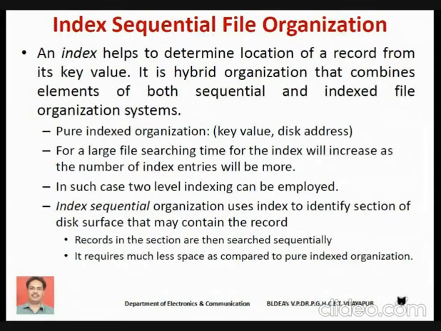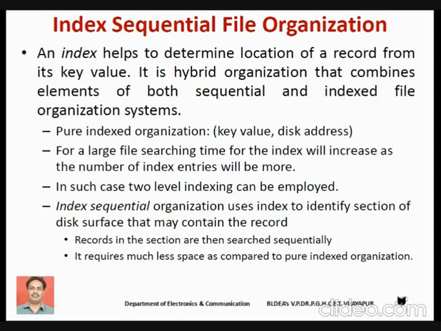Here, the concept is very simple. The operating system is going to maintain an index of the records. To find the location of a record directly, the operating system will maintain an index. An index is something like the contents. Students, assume that you have a textbook. Every textbook has contents. In the contents, you observe the chapter number and the page number. That is nothing but an index. I can directly go to that chapter by using the index.